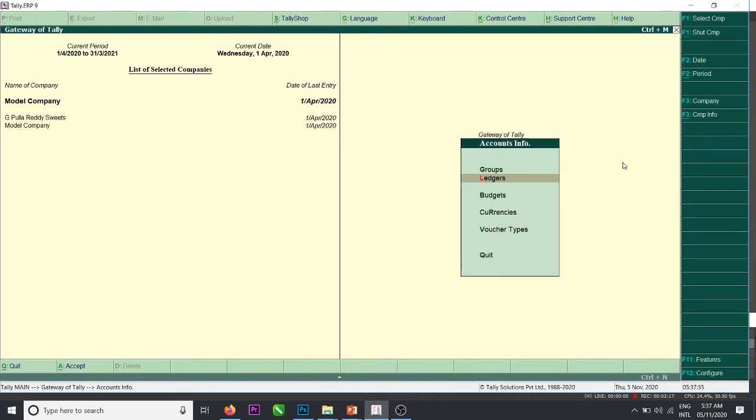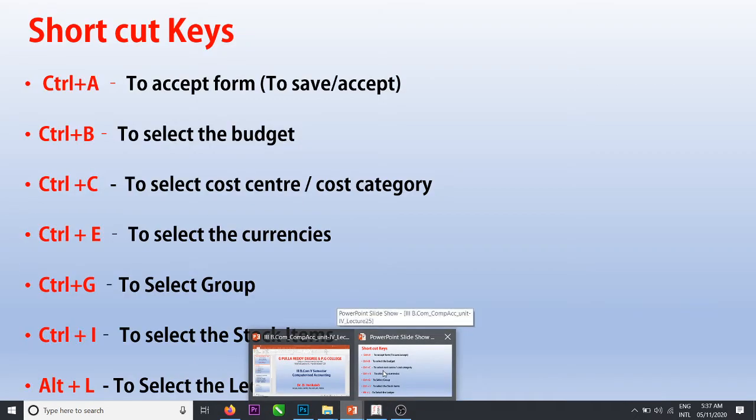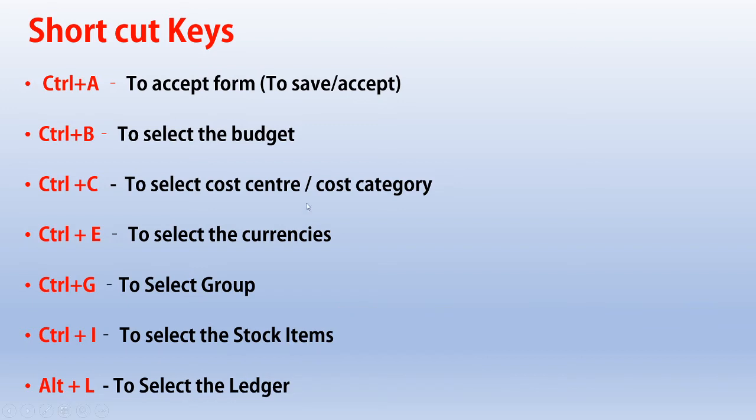Next option is Control B, budget. I set a budget for office expenses. I will open Tally.